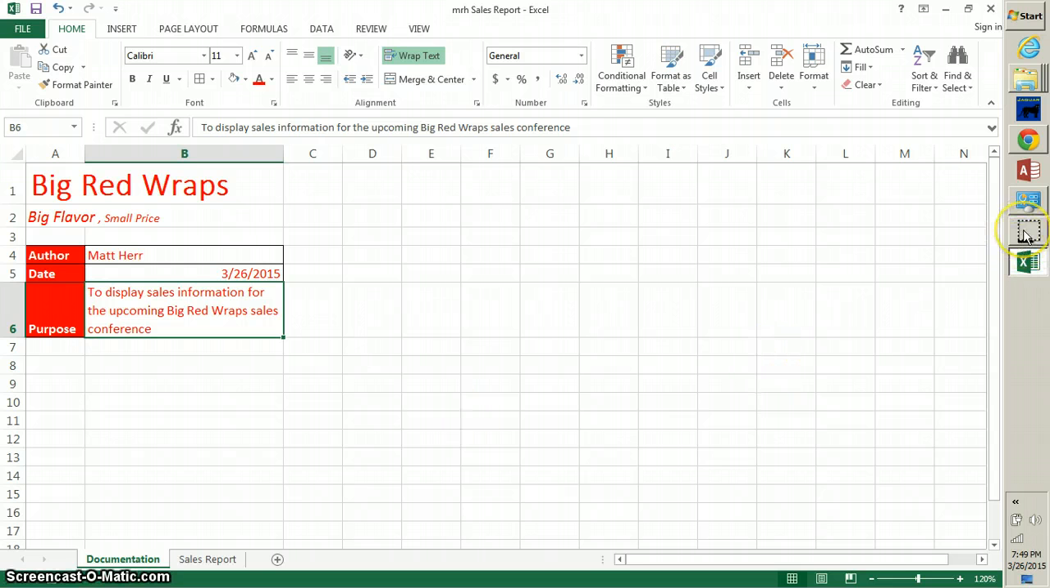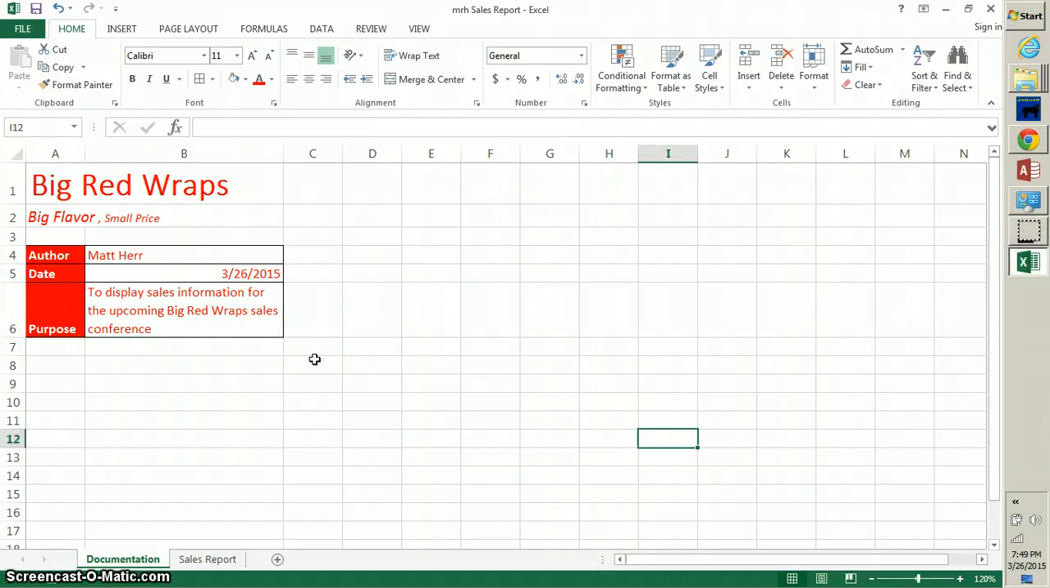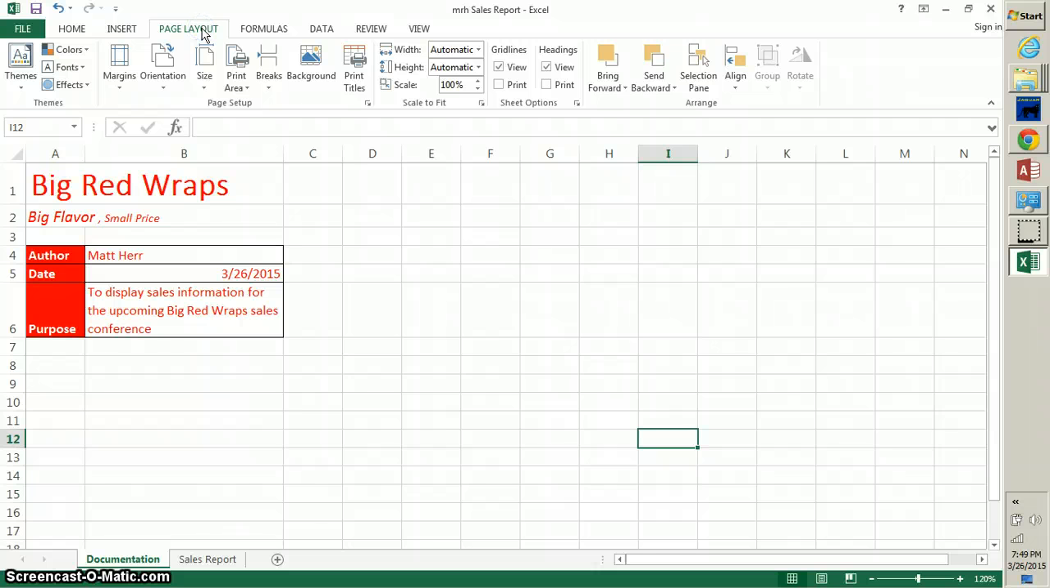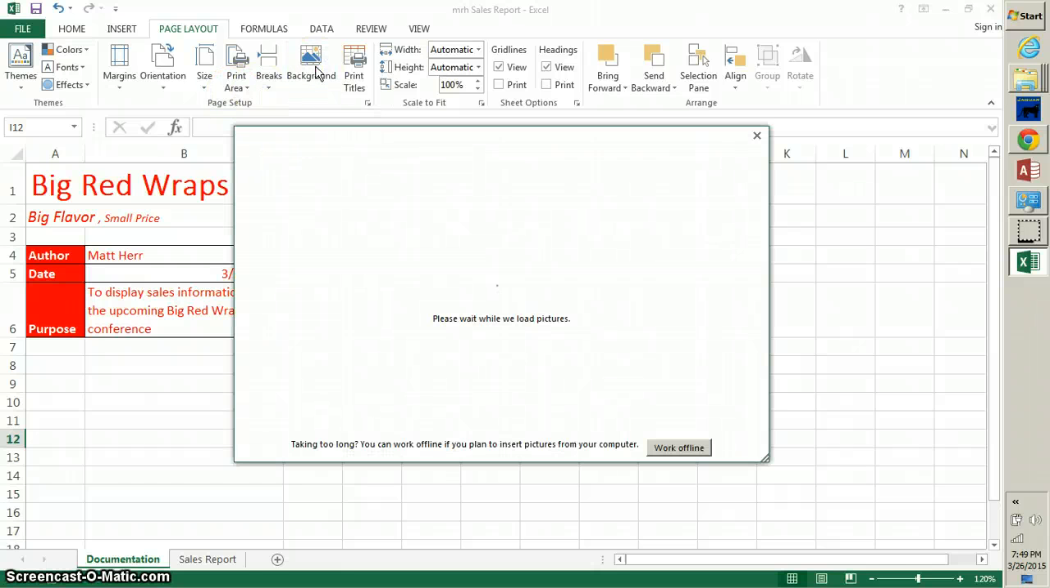At this point, we're going to add a background. I'm going to add a background image, and then I'm going to take a quick break here. So I'm at the bottom of page 77. On the ribbon, click the page layout, and in the page setup group, find background, and when you click that,